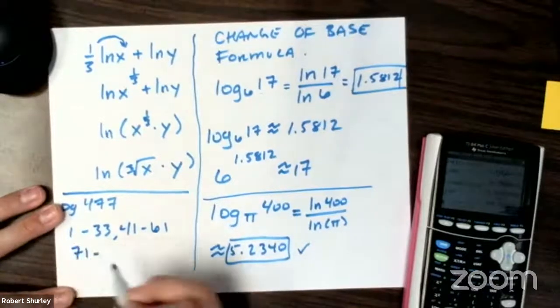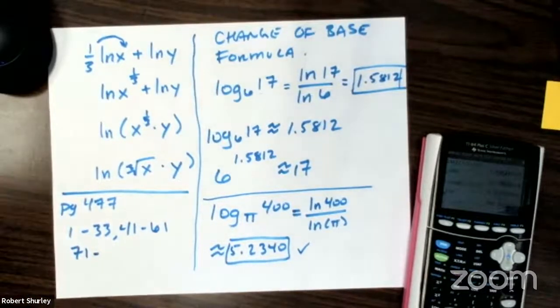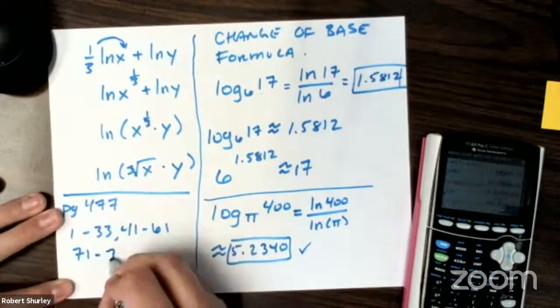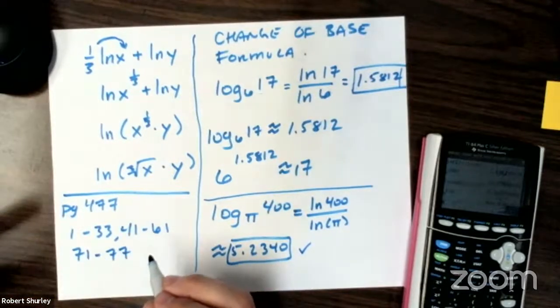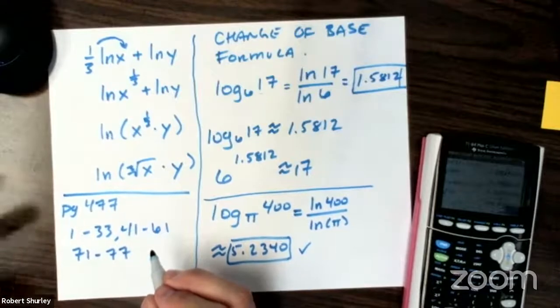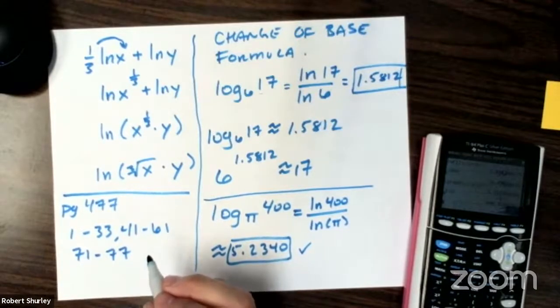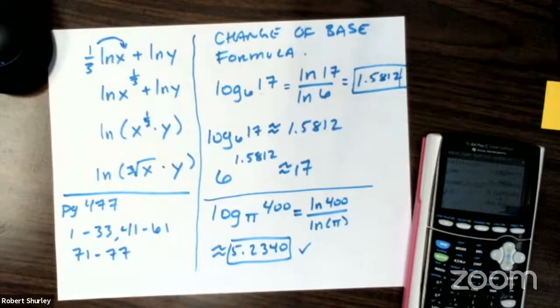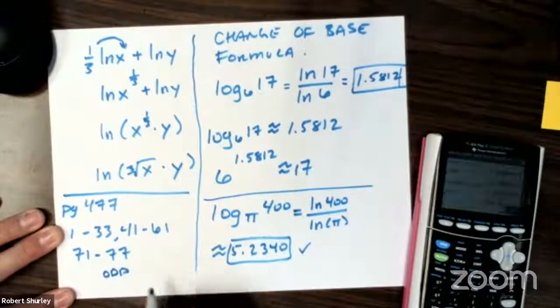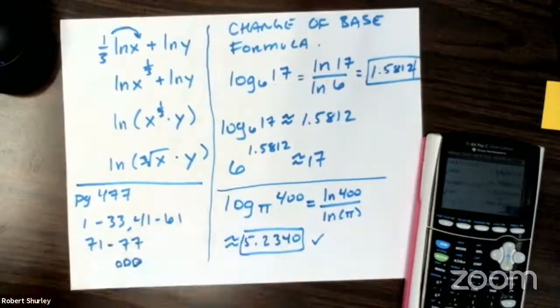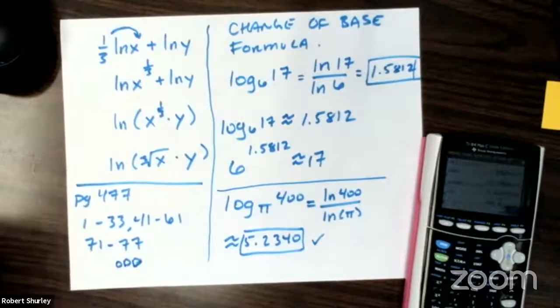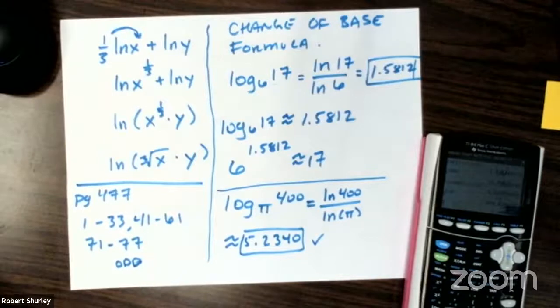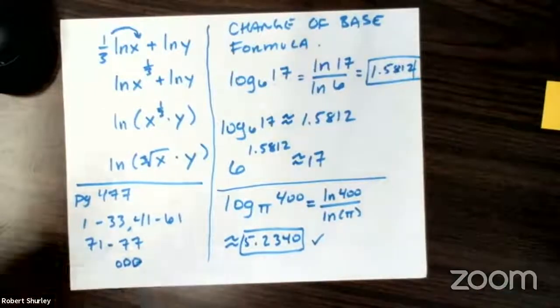These are all going to be odd. So make sure to do just the odds for these. Okay, just the odds. So page 477, 1 through 33, then 41 through 61, 71 through 77, all the odds. I'm going to stay on here for a little while. So if you guys have questions or anything like that, I'm